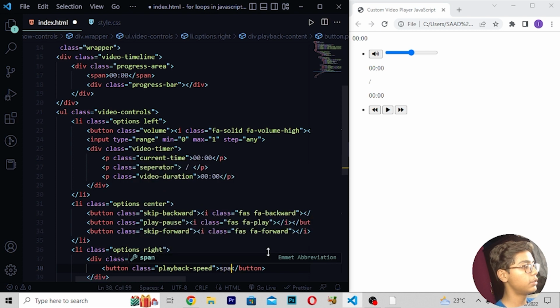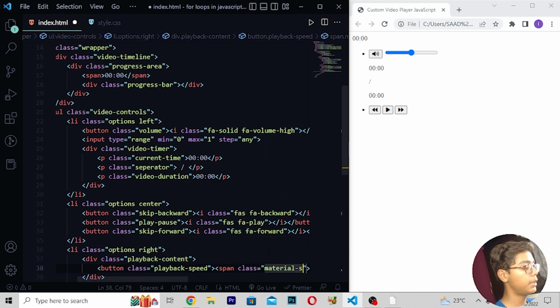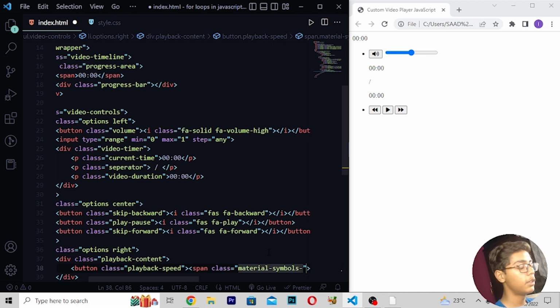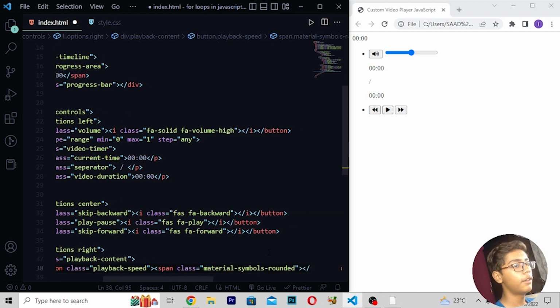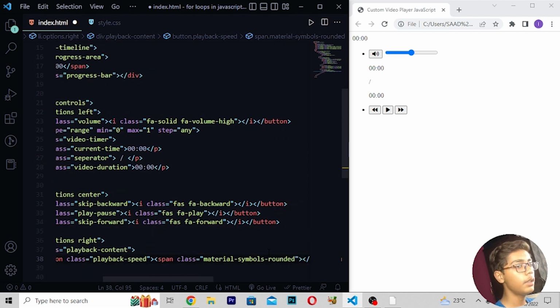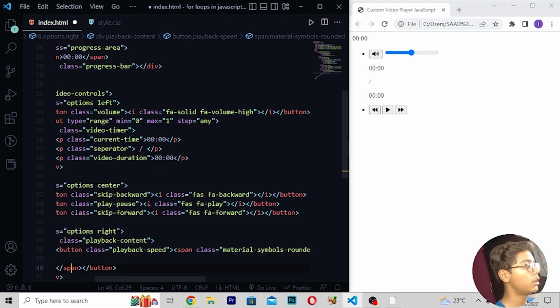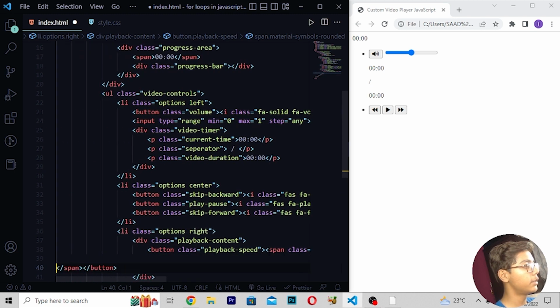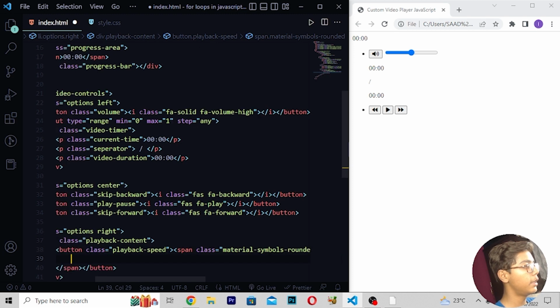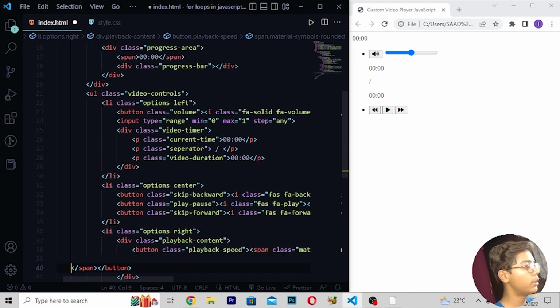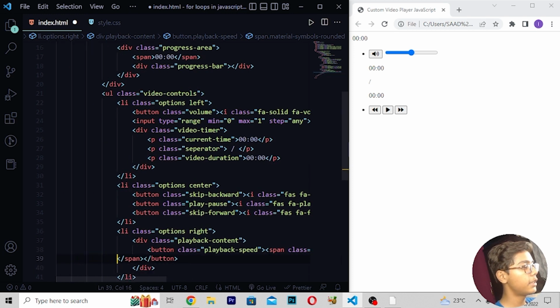Then you have to do span tag, right here class material-symbols-rounded. Then you have to move down here, and then here I will be writing a tag like this one, and then here I will be moving in this tag, and here you have to write slow motion video like this.